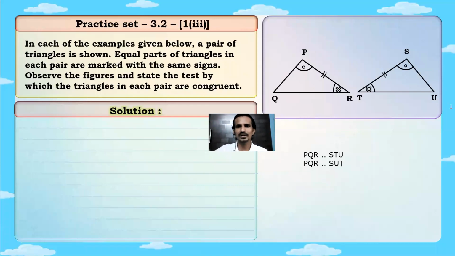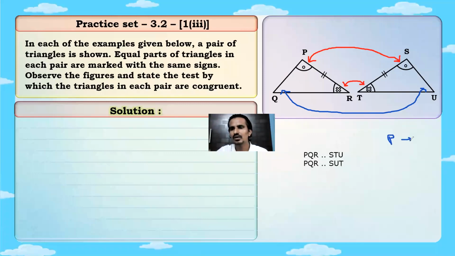Okay, now this is the thing we have to understand. Remember students, let us understand the one-to-one correspondence here. Now what is the meaning of one-to-one correspondence? अब यहाँ पर ध्यान से देखना, जो अपना एंगल P है ना, P and S they are equal. Okay, उसके बाद R and T are equal. तो बचा क्या, जो रिमेनिंग पार्ट होगा वो होगा Q and U. तो यहाँ पर correspondence देखो, look at the one-to-one correspondence. When I say P, लेटर P का जो corresponding angle है वो है S. ओके, R के लिए आएगा T and Q के लिए आएगा U.